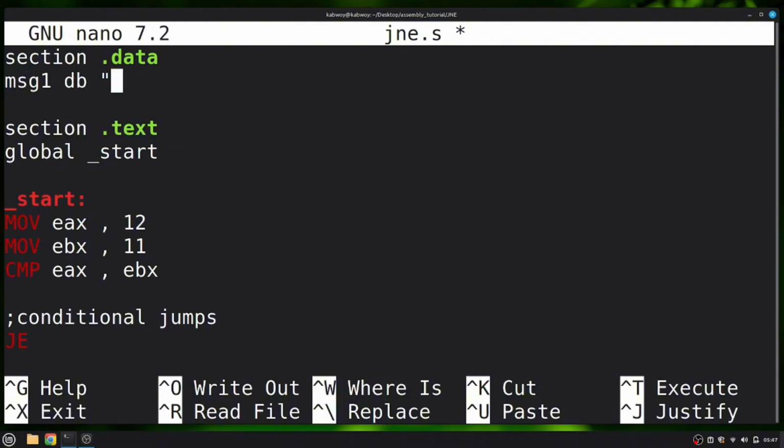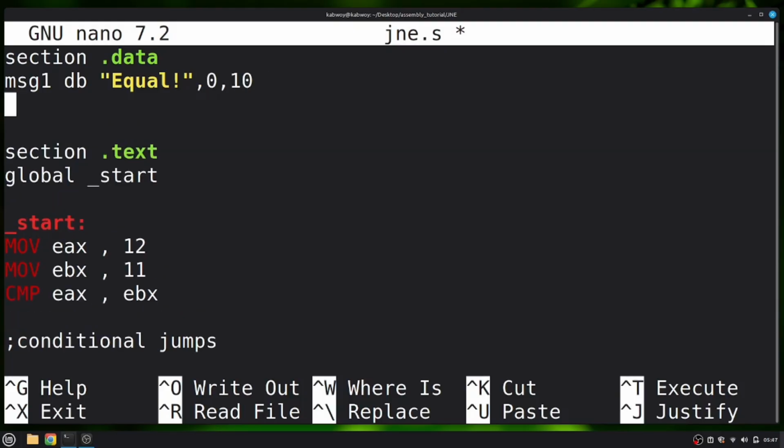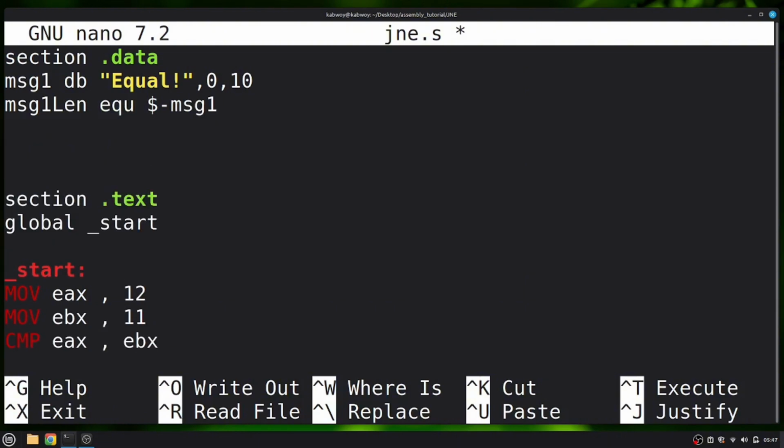I define 1 byte. This will hold the value equal. Then let us terminate it with a 0. Then we give it a new line using the number 10. This, in the ASCII table, is a line feed or a new line. Then we'll get the length, MSG1 len. Then we will use this shortcut for this trick. So the value MSG1. Then we'll define again